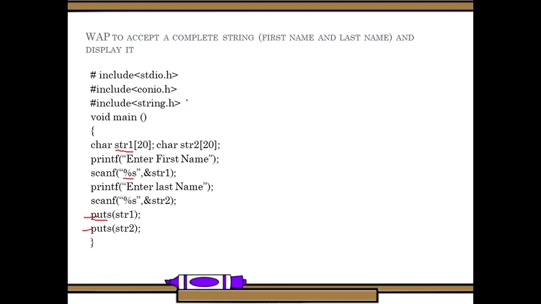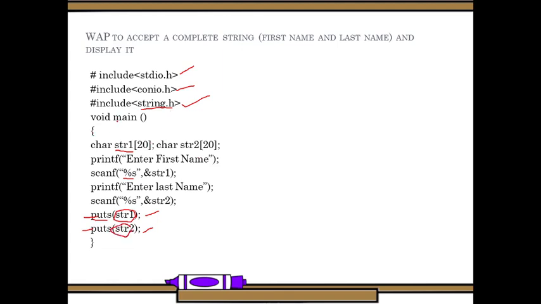So we use the preprocessor header file #include stdio.h for standard input output. Conio is for console input output, and string.h is for using the string functions. Here puts is a string function which we use to display the string.